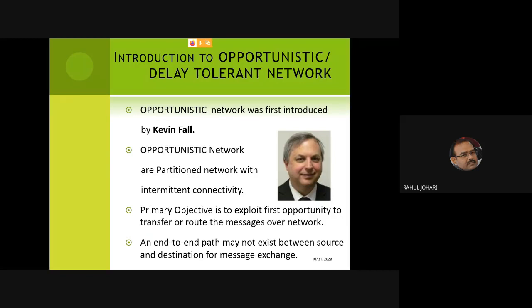So maybe a message is waiting, thinking, okay, I will come in contact with node B. It waits, waits, and finally it terminates. It aborts because the TTL has run out. Or maybe the node which is buffering the message has run out of buffer space because the messages keep on getting generated. So a node will have its own messages to generate, plus it will receive messages from the neighboring nodes also. So there could be a problem in this kind of situation. But nowadays routing schemes are very popular. We have also introduced a few routing schemes that take care of this kind of phenomenon.